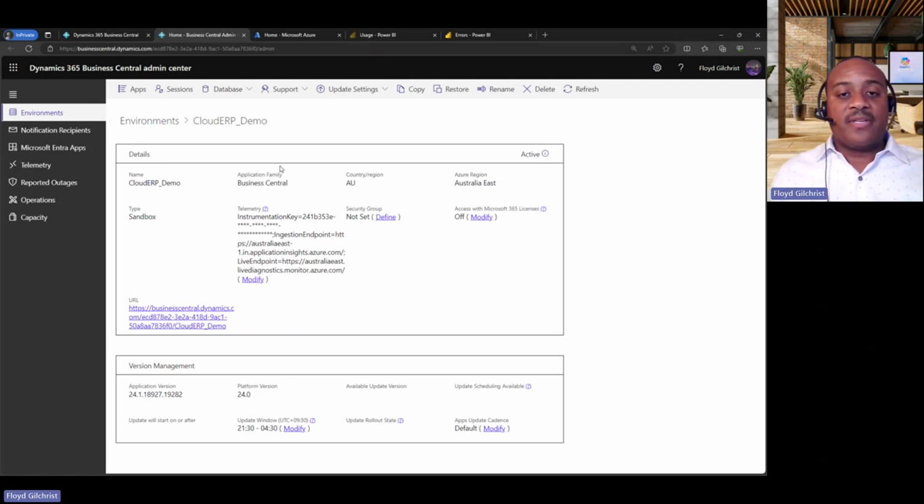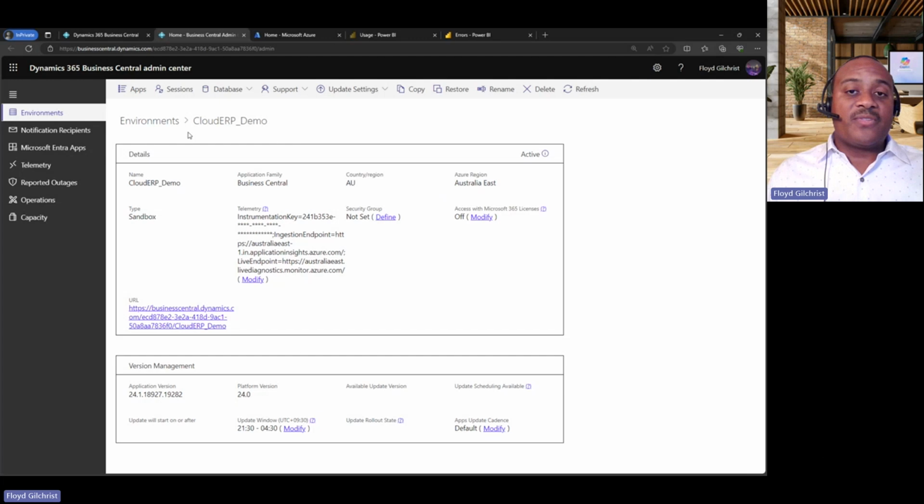When we look at the various environments, you can also see what country is deployed. So when it comes to Dynamics 365 Cloud ERP, it's available within multiple countries globally. And as Adair was mentioning earlier, you can also see the region it's been deployed to from the Microsoft environment perspective. In this case, I've deployed an environment in Australia East, and that environment is being geo-replicated with the database across multiple data centers, providing a 99.9% guarantee across the environments.